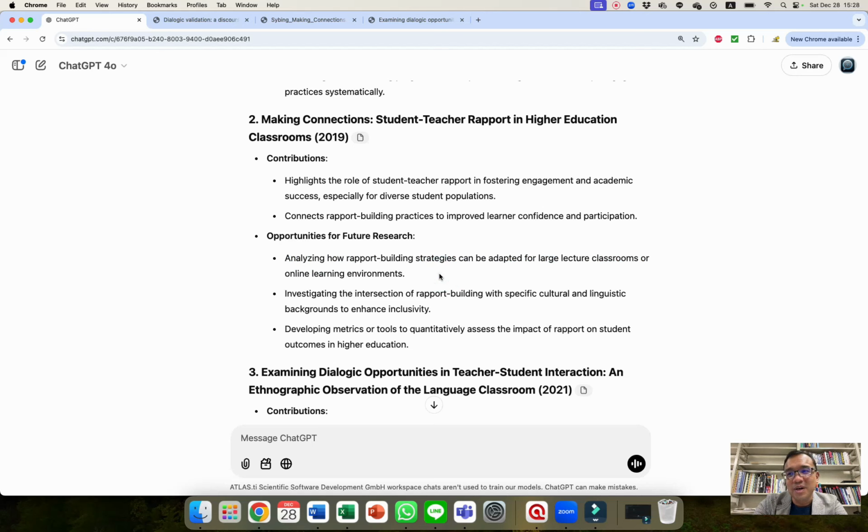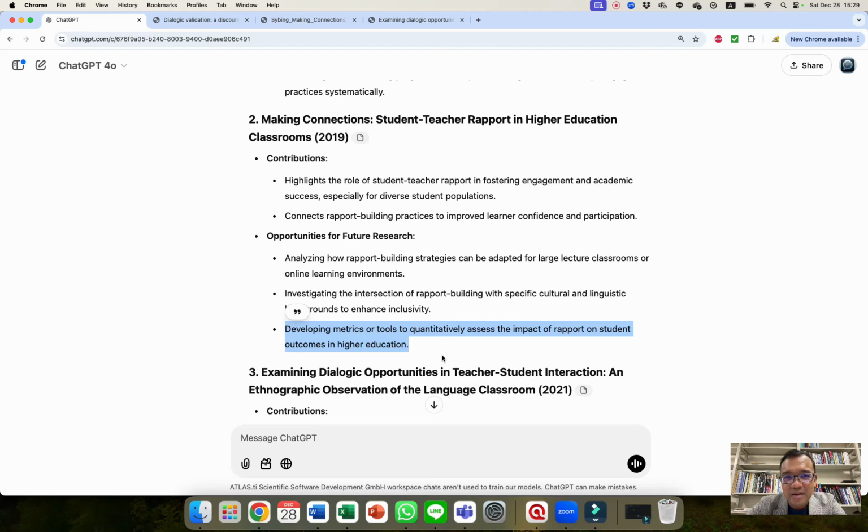I think all of us who taught during the lockdown years encountered the problems or the challenges of teaching on Zoom or Teams. Let's see what else is there. Developing metrics or tools to quantitatively assess. Yeah, if you're a quantitative researcher, then